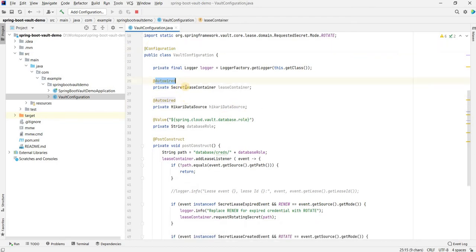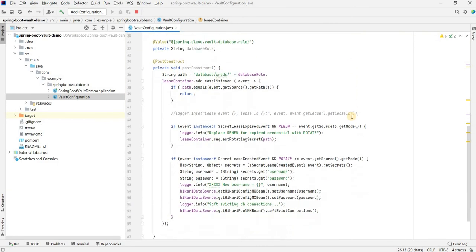It has an autowired class called SecretLeaseContainer. And what this lease container does is it lets us add a lease listener. So whatever lease events happen in the Vault, it lets us listen to that. Two main events that we are interested in are the SecretLeaseExpiredEvent and the SecretLeaseCreatedEvent.